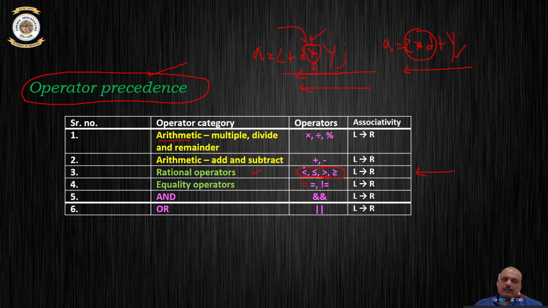If the compiler comes across these, among them the precedence is set from left to right, but if they are clubbed with some other operators, they take up precedence as per this table. Similarly, I have the AND and the OR operators which are below the equality operator, and again the precedence is from left to right among them. So I hope that explains what operator precedence is and how equations or expressions get executed in a C code.